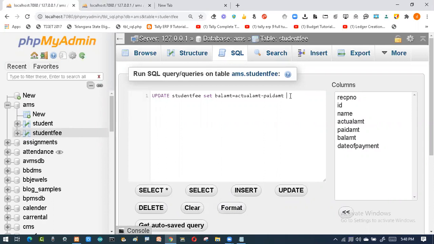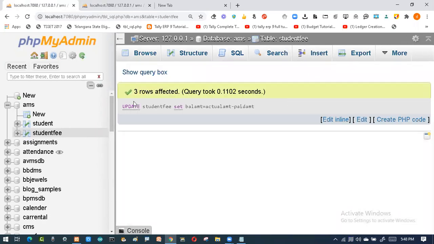So now I'll not write the tail, directly I'll write the formula. So what is the formula? You can just say that from the actual amount, you remove the paid amount, you get the balance amount, and click on enter. So if it is 100 records, 1000 records, or 3 records, you can see 3 records and how much time it took,